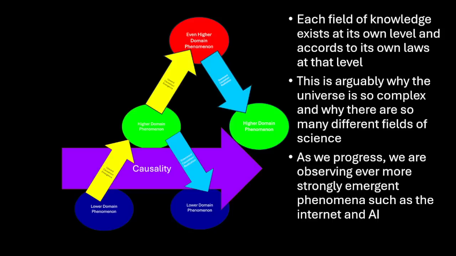And again, as we progress technologically, we seem to be observing and creating phenomena that are super strongly emergent. For example, the internet, which is emergent out of individual computers. So it's one level higher than computers, and yet its behavior is so crazy and complicated and hard to even understand. The internet is such a complicated thing to be able to wrap our minds around. But then we have things like AI and large language models and all the other things that are being produced by AI. They all seem to be super strongly emergent and just utterly perplexing.